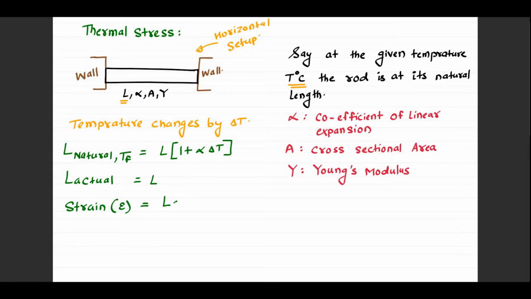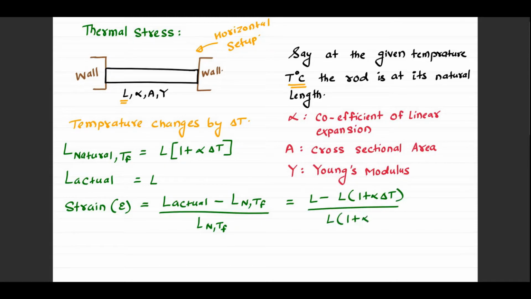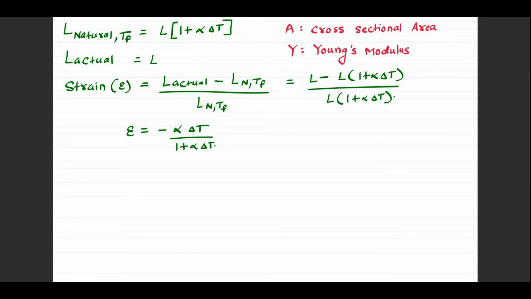We can write that strain as the change in length over L natural at T final. If you write it out, strain will be equal to this. And since we are talking about the proportional limit, we are within the proportional limit, so stress will be equal to Young's modulus times strain. Stress will be